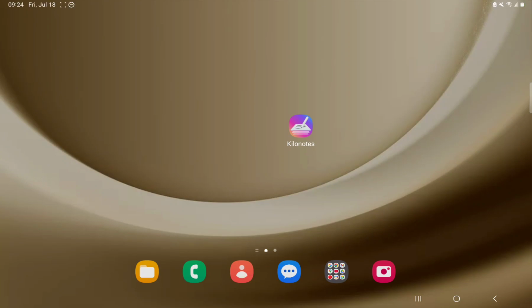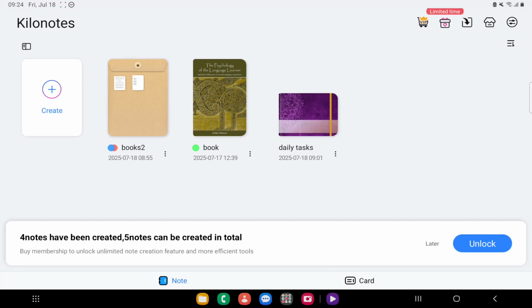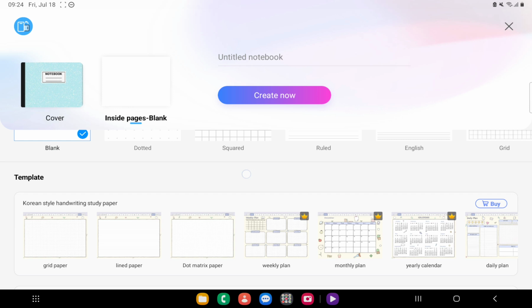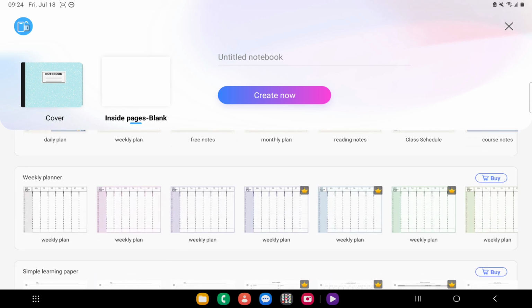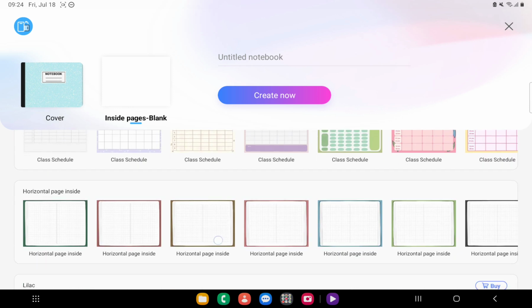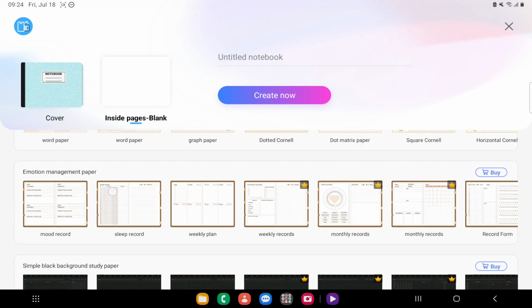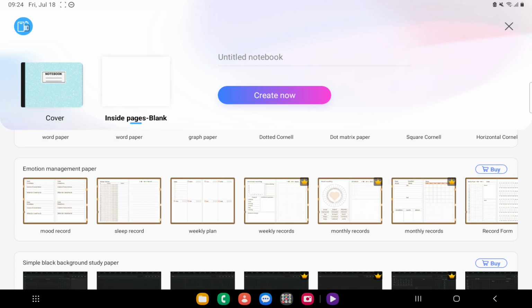Hi everyone, in this quick tutorial I will show you how to create a customizable sleep tracker in Kilonotes very easily. Just open the app and click on create a notebook, and next to the cover you can see inside pages, and here you should browse a little bit, go down and you will find this emotional management paper section